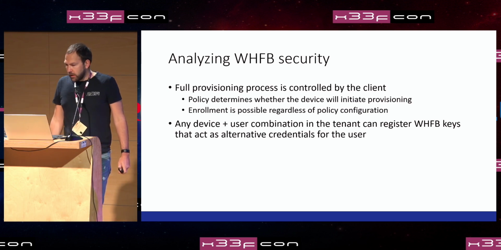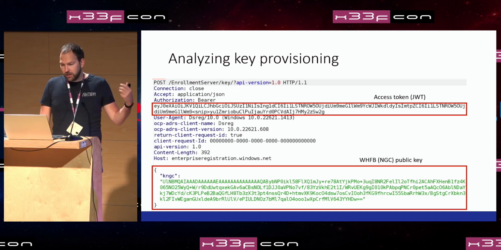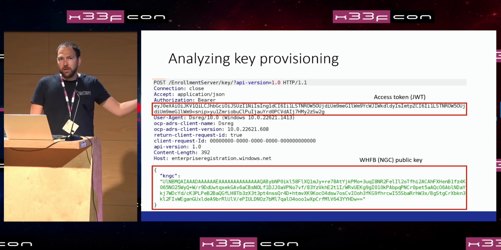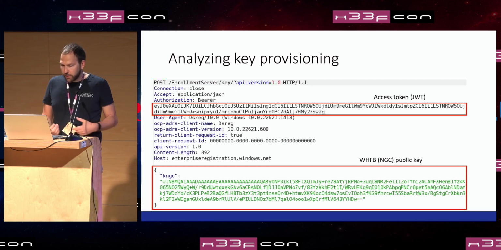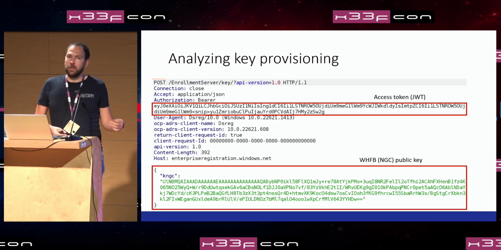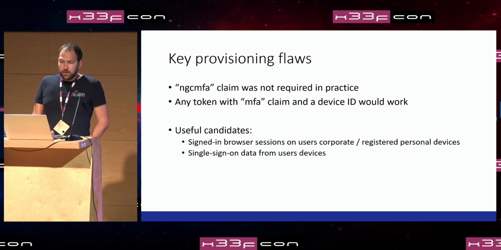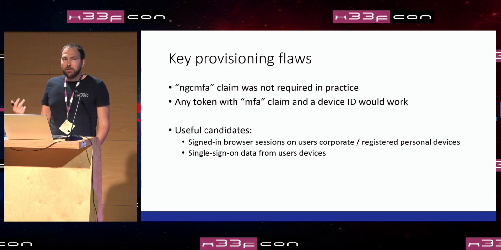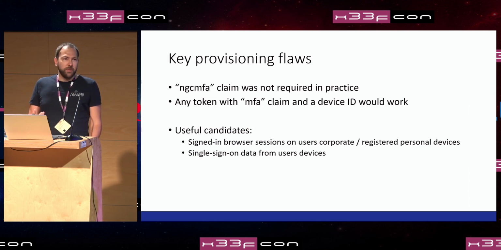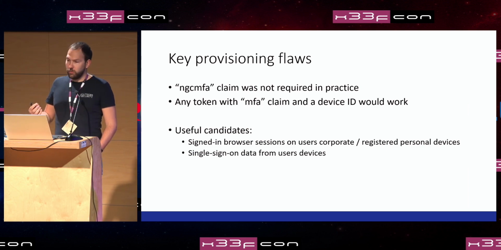So looking at the provisioning process again, we notice that there are two parts in this. Well, of course, the public key on the bottom we can just generate ourselves. That's not an issue. So the only thing that really is important here is the access token and how that's checked. And it turned out that the NGC MFA was in fact not required in practice. So basically, we could have any token that had an MFA claim in it,